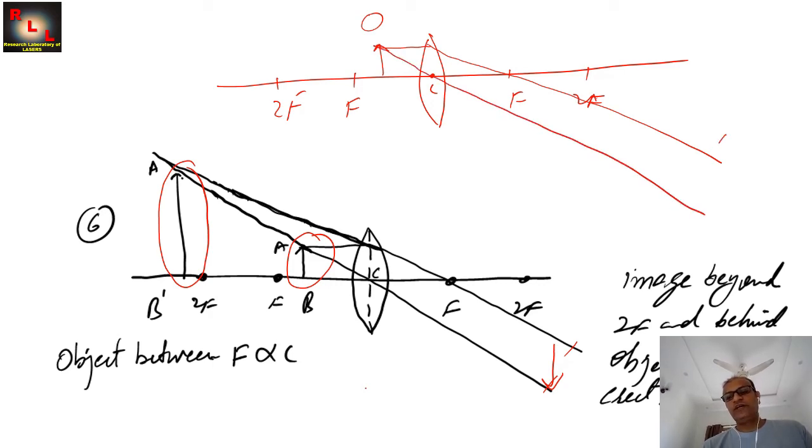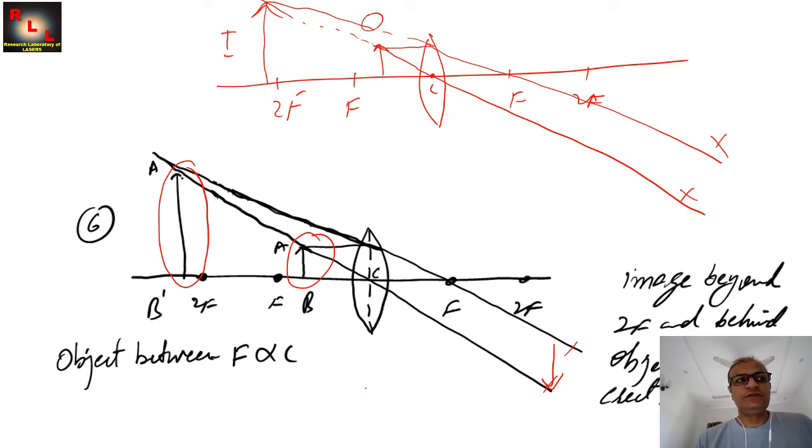So these two rays will never intersect on the image side. So we have to extend like this on the object side, and we can say they are intersecting at a certain point where the image will be formed. So it's not a real image, it's a virtual image, it's erect, it's behind the object,